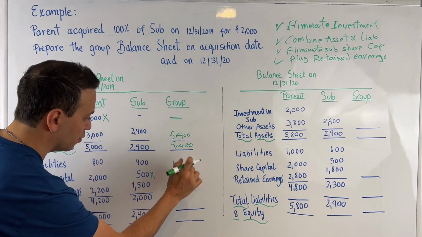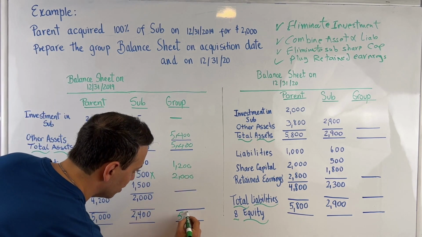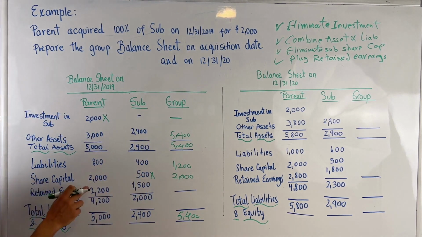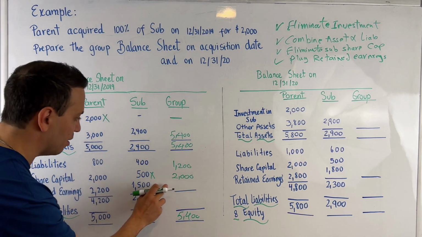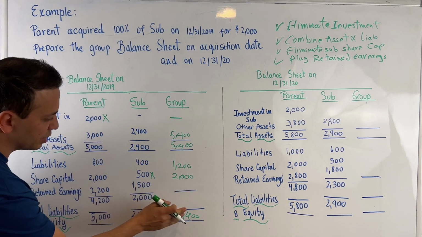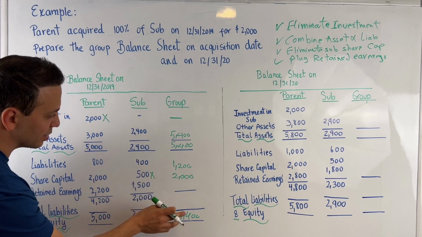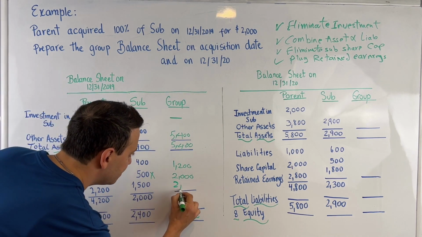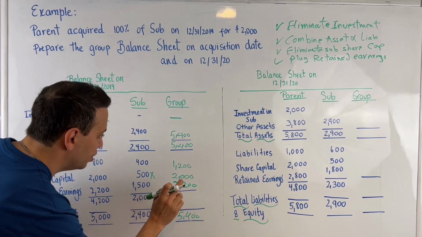So total assets is 5,400. So you put this down below here, and then you can subtract out the share capital and liabilities and come to the amount of retained earnings that will be plugged into here. So when you subtract out 1,200 and 2,000 from the 5,400, you'll get 2,200, which, if you notice, is equal